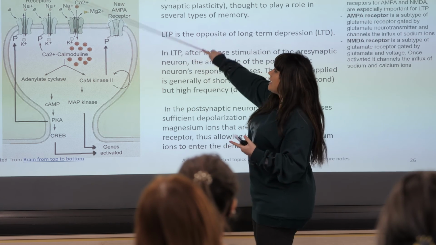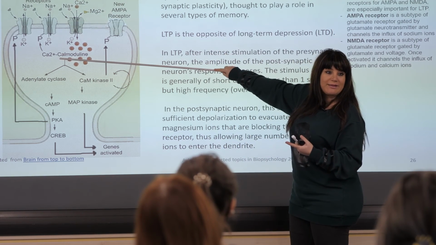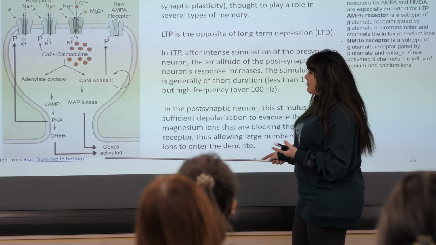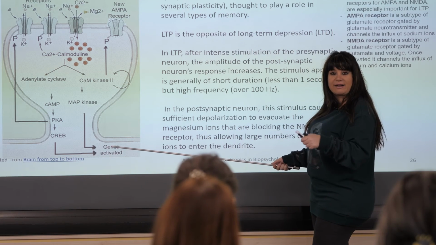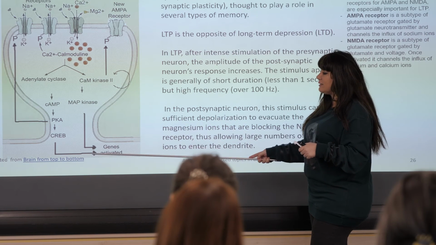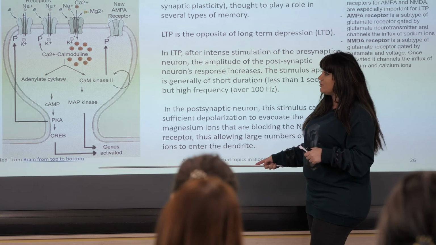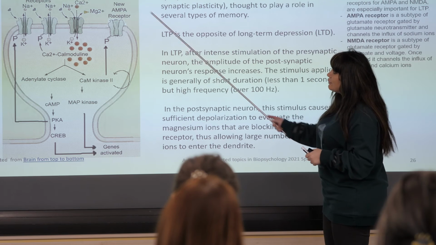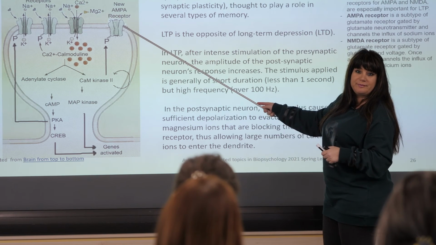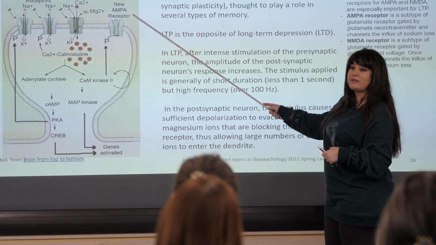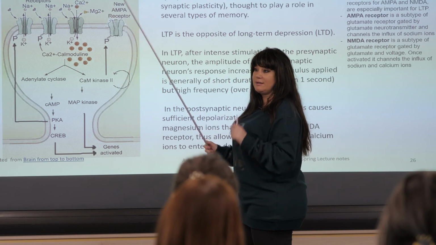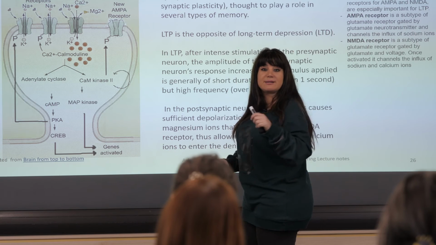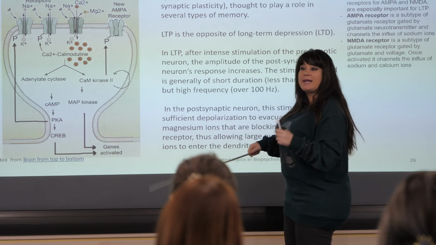That will cause a stronger interaction between them. Another way can happen by genetic factors. Calcium can lead to the activation of certain genes, which will allow the insertion of new receptors. So the existing ones can be potentiated, new receptors or proteins can be inserted, and in this way, a synapse